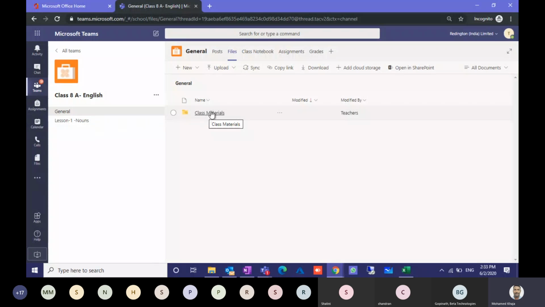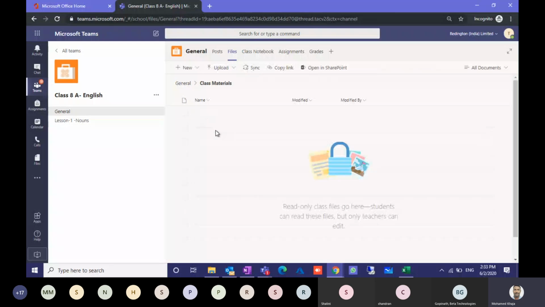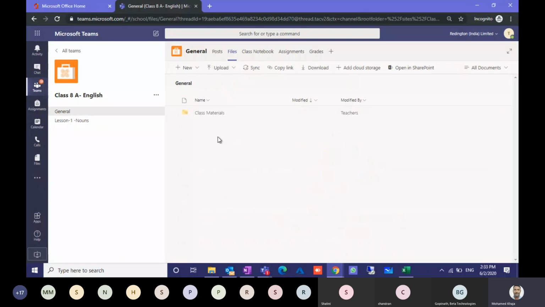See, you have the class material, as I said, in the files. You can paste all the files that you have for this class here as a common area, and students can only read this. If you want the student to write or edit any document, you can create a document or upload a document outside the class material. By default, you can create these file formats online. If you want to upload a PDF, audio file, or video file, you can do it from files and folders.